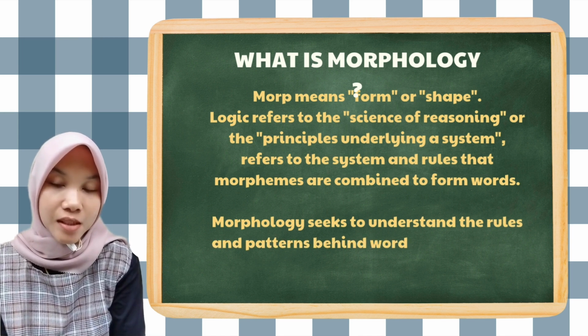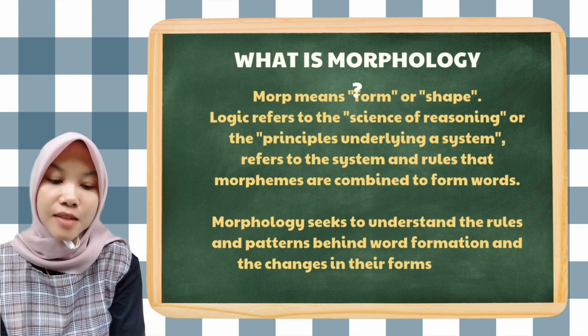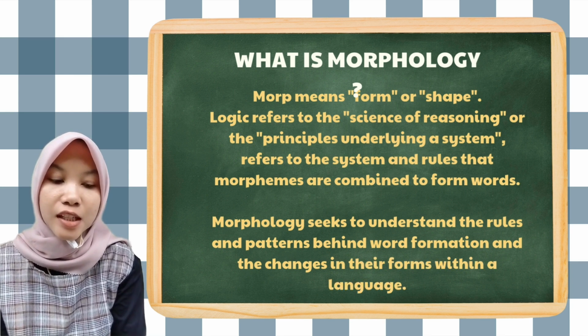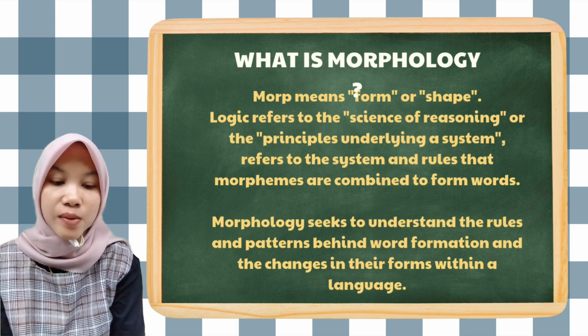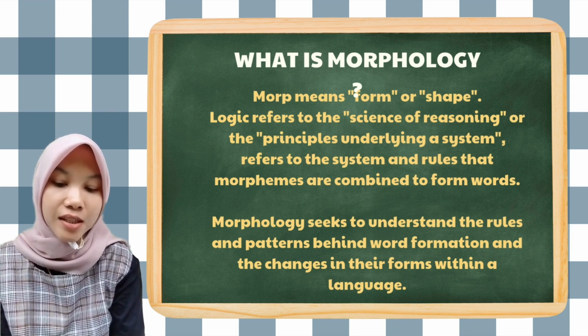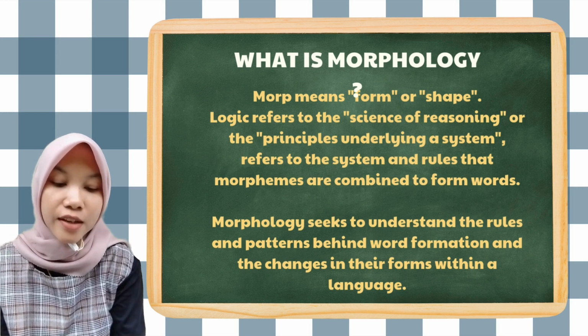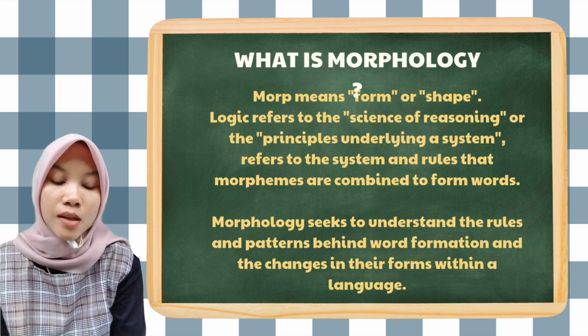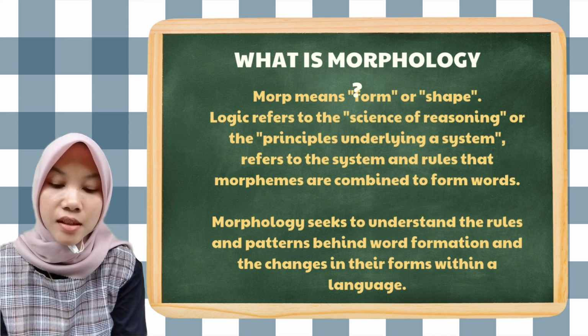Morphology comes from the words morph and logy. Morph originates from Greek and means form or shape. In linguistics, a morpheme is the smallest unit of language that carries meaning or grammatical function. And the word logy also comes from Greek and originally refers to the science of reasoning or the principle underlying a